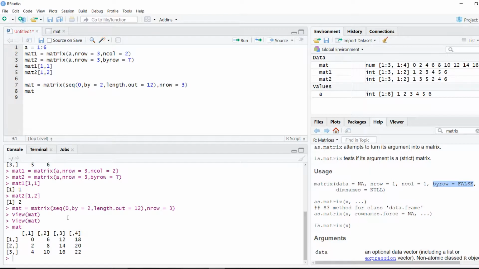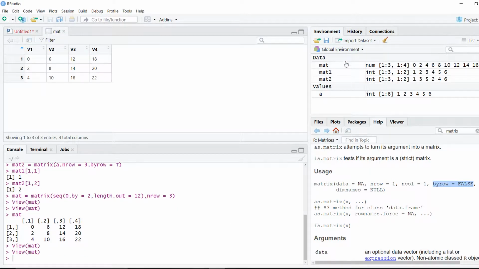This is our matrix. The other way of seeing it, if I double click on this data, our global environment MAT, it shows me here as a particular table. You can clearly see we have all values. What happens is, if I had thousands and thousands of values, here in console it will not show me all values. It will just say that these are the first thousands of whatever 10,000 values. But here when I'm looking at it as a table, it will show me all the values.